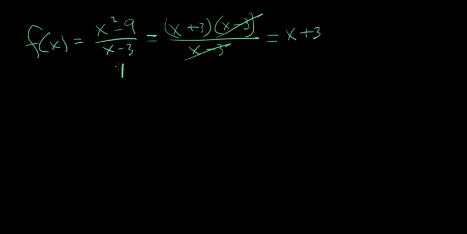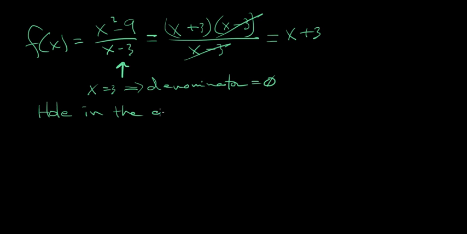Well, look at this. What happens when x equals 3? That makes your denominator equal to 0. Division by 0 is undefined. So this is what we call a hole in the graph. This happens a lot, okay? A hole in the graph. A hole in the graph occurs